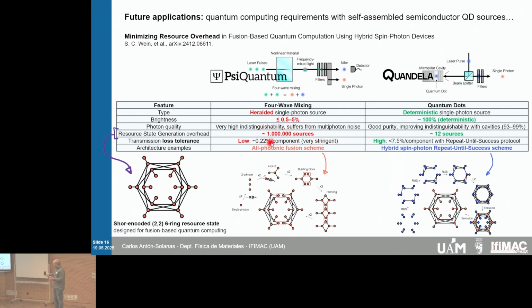What this study tells us is that for PsiQuantum you will require 1 million of these sources, and for semiconductor quantum dots you will only require 12 single photon sources that are emitting all the time equally indistinguishable photons. And now the question is, which technology has more chances of achieving this benchmark, right? I think it's a nice example because it's telling you exactly what the challenges are at the moment for this integrated probabilistic technology, and this other technology where in principle you will require fewer sources, but equally,